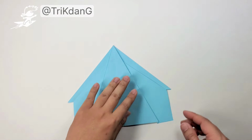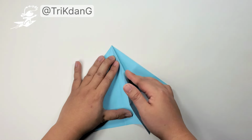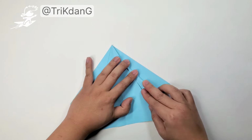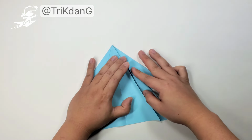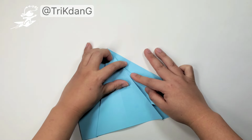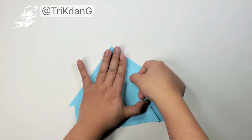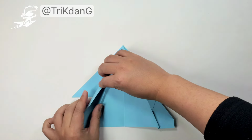On the following step, I'm going to fold this one backward like this. This one, you can see this here. This here, I fold it to this side. I fold it backward to this side so I can hold the wings. Hold it like this. This edge right here. Alright, same thing for this side. I fold this one toward